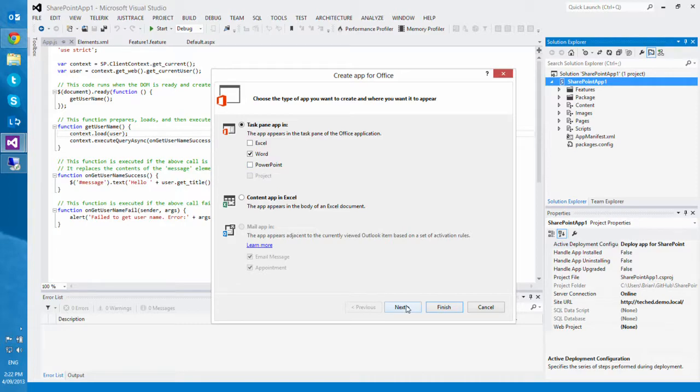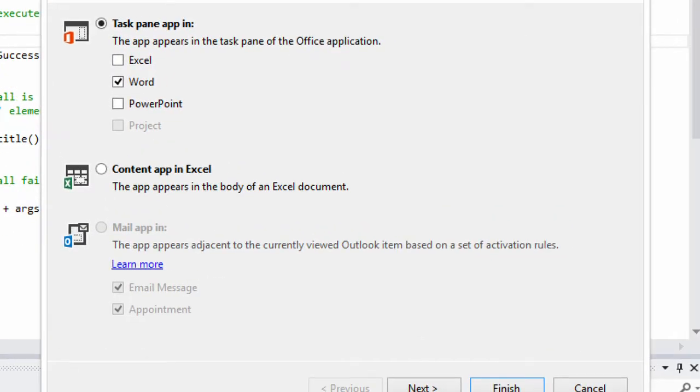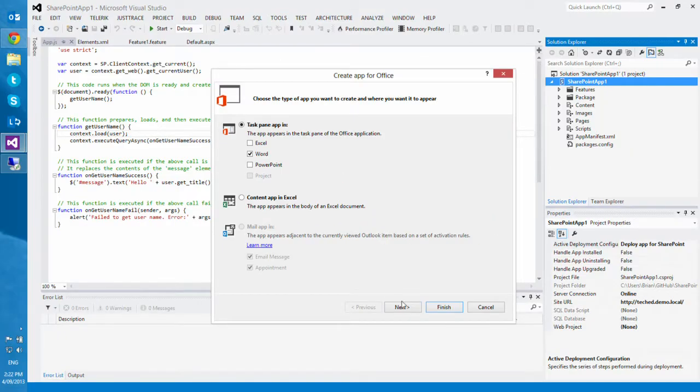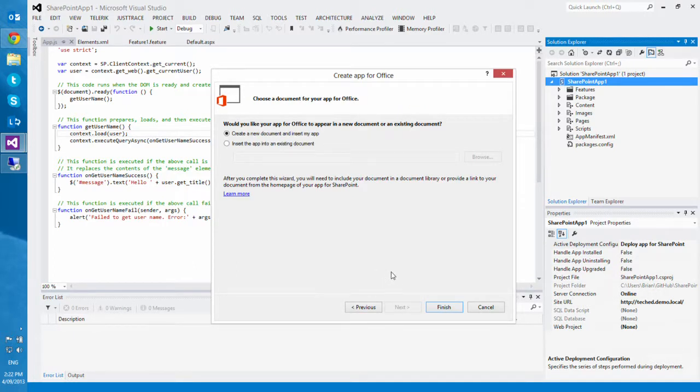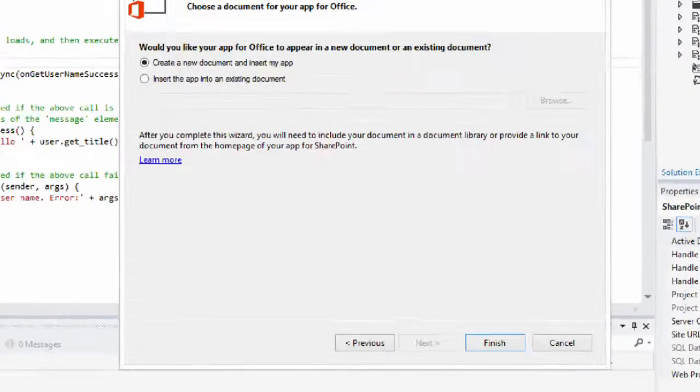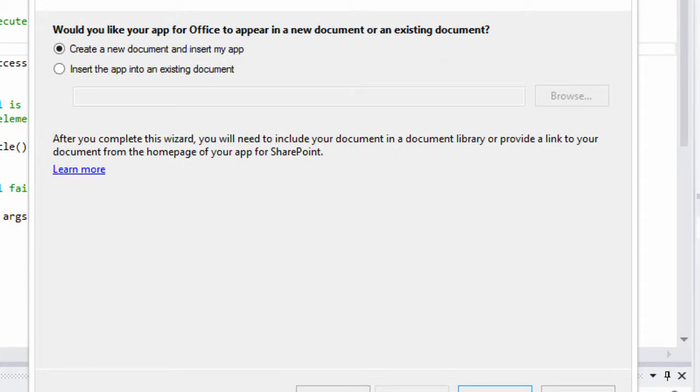Why is the project disabled? I don't have Project installed on this machine. No, it's not Alex's machine. He would... Okay,